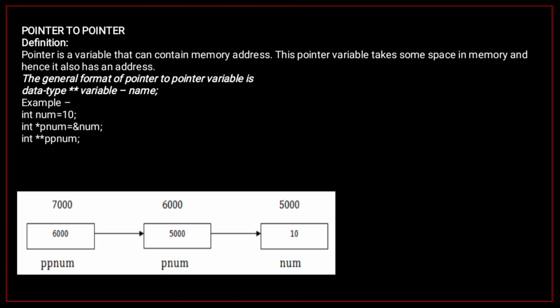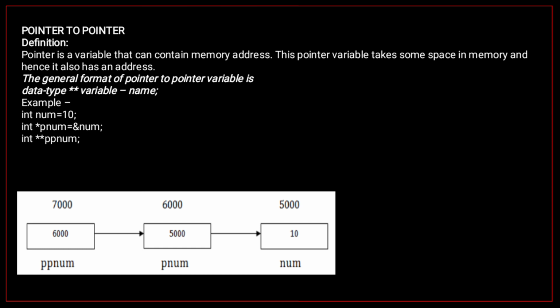Now the general format of a pointer to pointer variable is data type, star 2 times, star variable name, semicolon. In this format, data type is the type of data the pointer is pointing to, and the variable is a pointer to pointer variable. Now see the example: int num = 10; int *pnum = &num; then the next statement: int **ppnum;